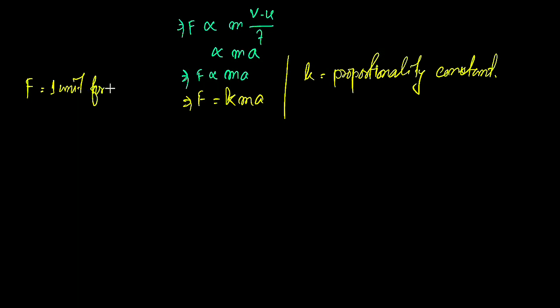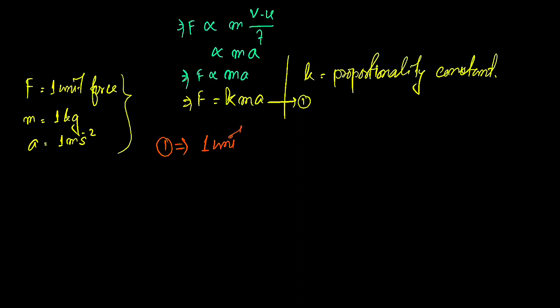Mass is 1 kg, and acceleration is 1 meter per second square. Give this equation the name equation 1. If we put all these values in equation 1, what are we going to get? Equation 1 implies F is going to have 1 unit of force